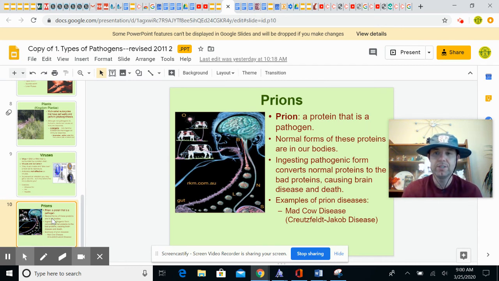So they had to kill just tons and tons of these cows. Pretty sad. Not all of them were infected, but if there was any in the herd that had mad cow disease, the whole herd had to be killed. So I think a lot of this was in Canada, if I remember right. I might be wrong, but it really affected the cattle industry. So, all right, first set of notes done.